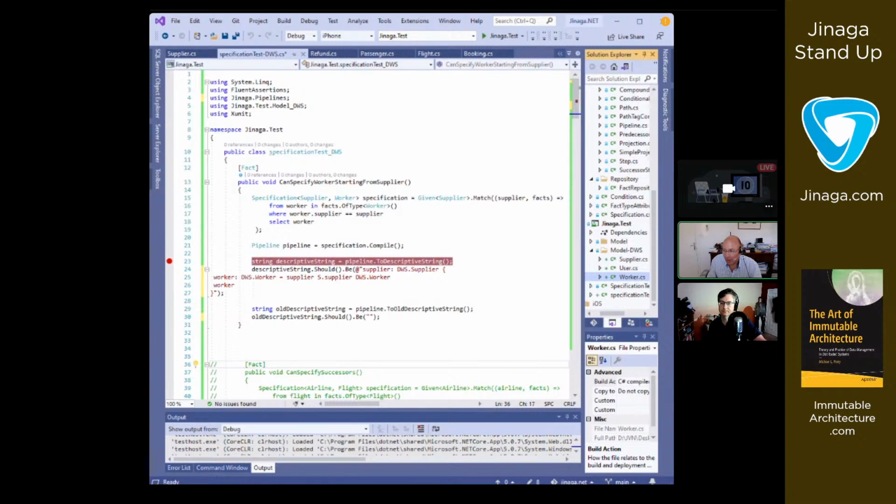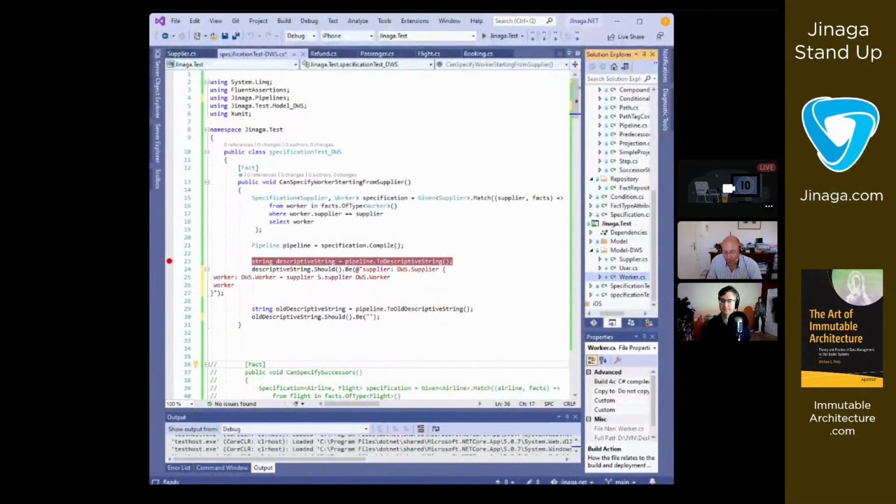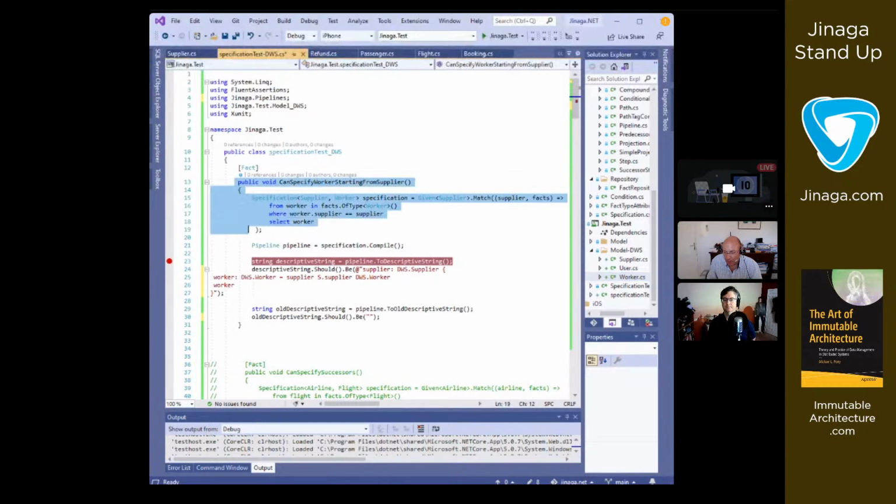The user and the supplier are top-level objects. The worker is a successor of both. So that means if we simply say here,